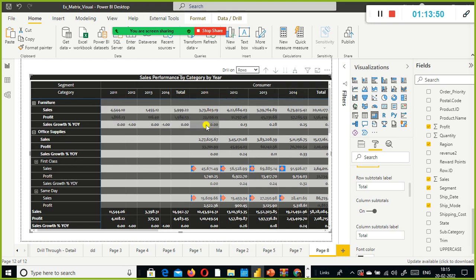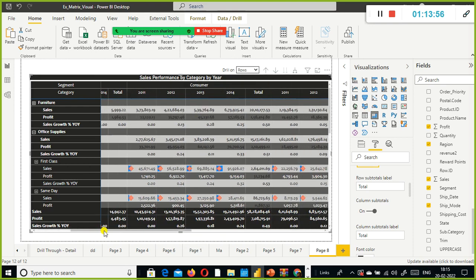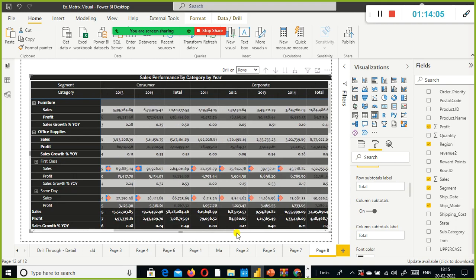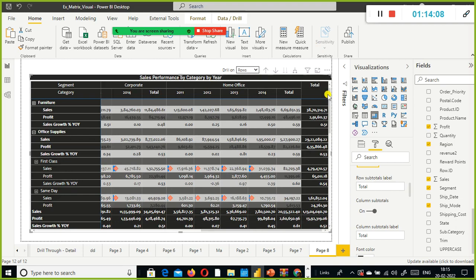And then in the consumer, this is the blank values, right? Yeah, this is the consumer segment. Consumer segment starts here. 2011 to 12, 13, 14. For each segment, consumer segment, what is the total sales, total profit, column subtotal, and row wise total, and the grand, right? So column total and overall total is also possible. So what else do you need, right? So you can do exhaustive analysis with matrix.